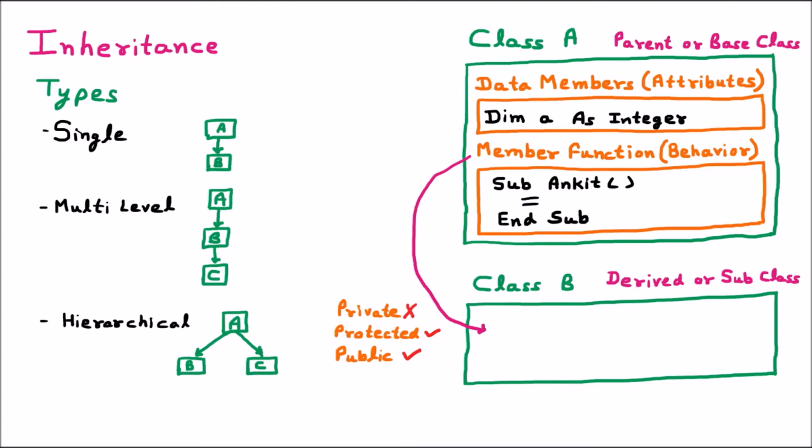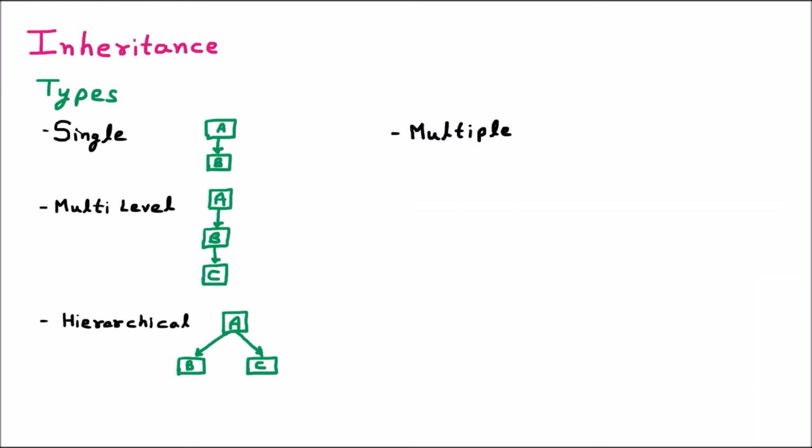Now we are discussing the next type of inheritance, that is multiple inheritance. As the name signifies multiple, it means from multiple parents we are going to take into one class. Let us suppose that we are having a class A. Now this is one parent. Now again, let us suppose we are having class B. This is another parent. Now from these two parents, we are going to provide the features to one child class or the derived class. This is called the multiple inheritance. So this is class C, which is inherited from class A and B.